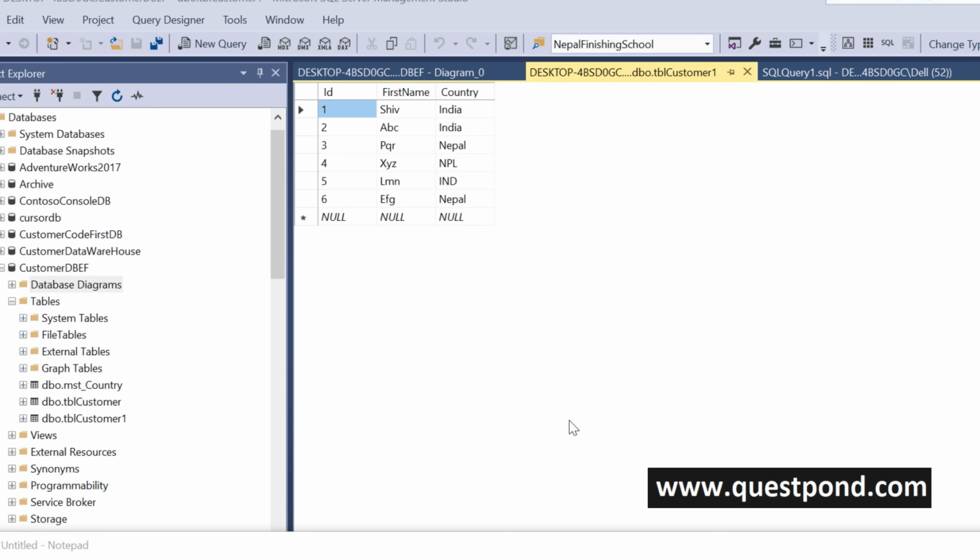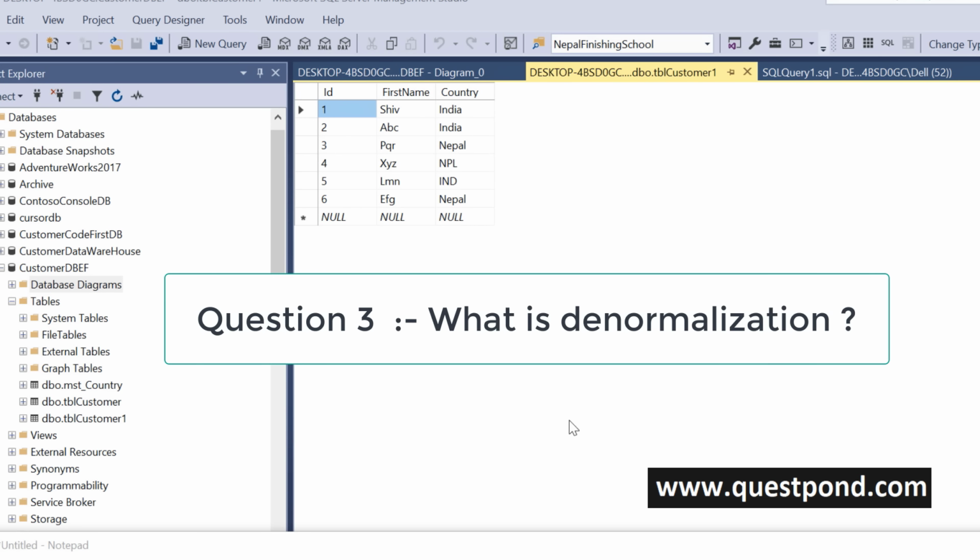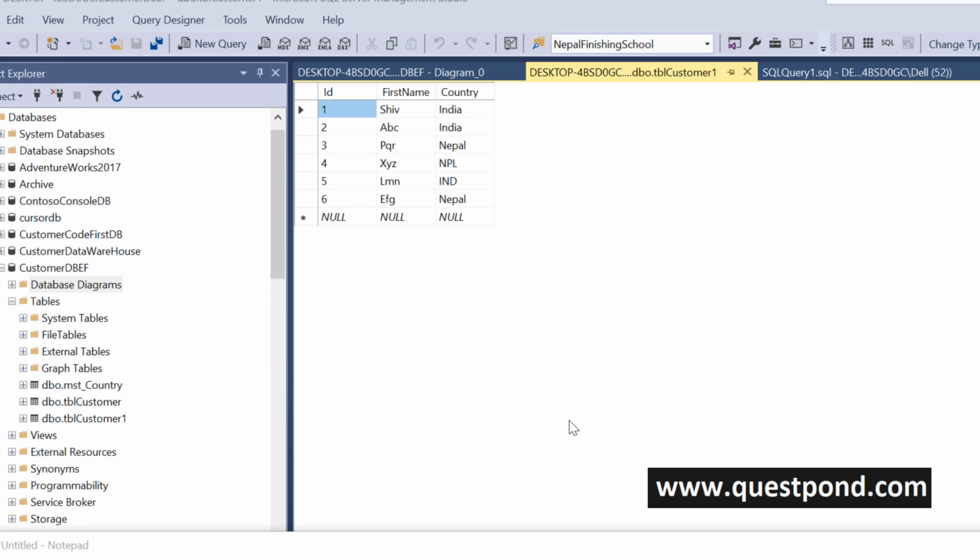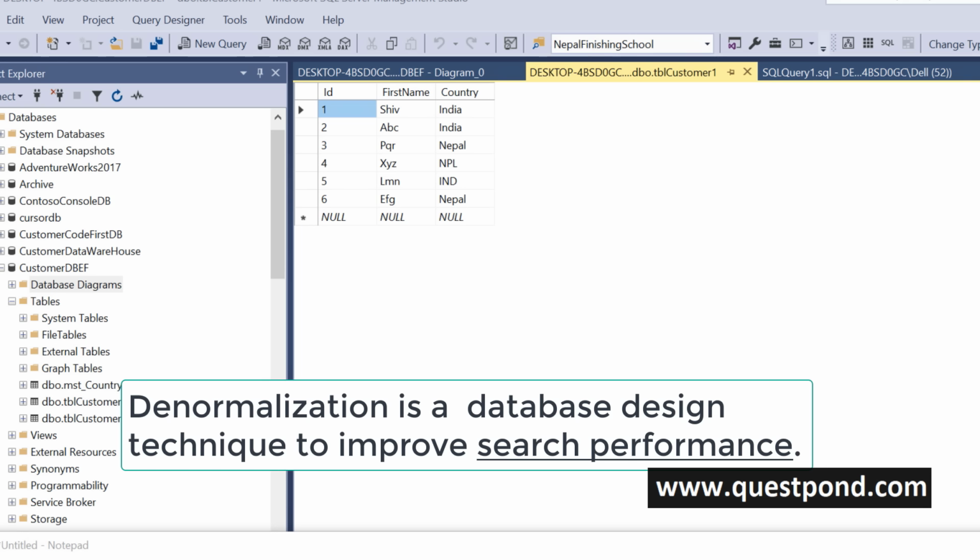Once there is a question on normalization, there is a 60 to 70% chance that you will be asked a question on denormalization. So what exactly is denormalization? Denormalization is a database design technique which focuses on improving search performance. If you look at normalization, our focus was to remove redundant data, while in denormalization our focus is